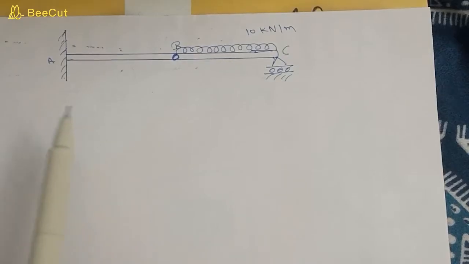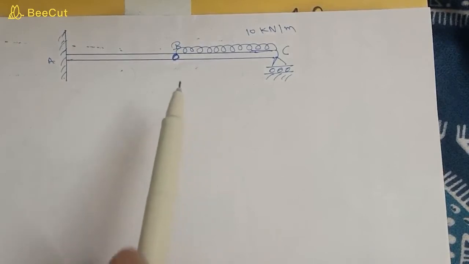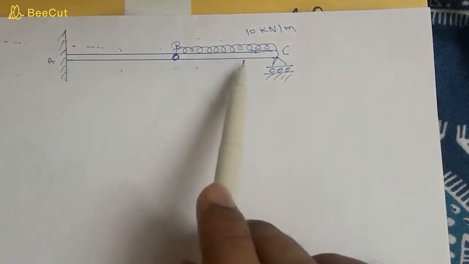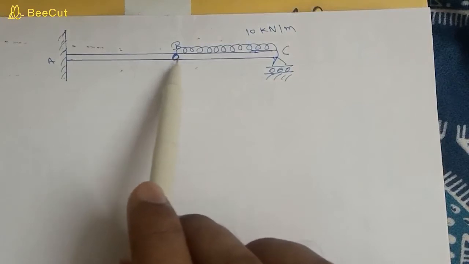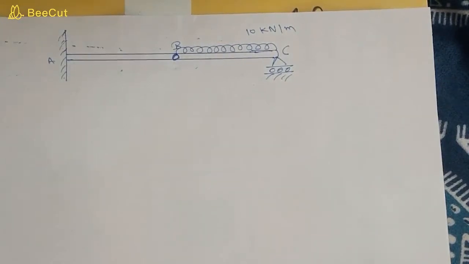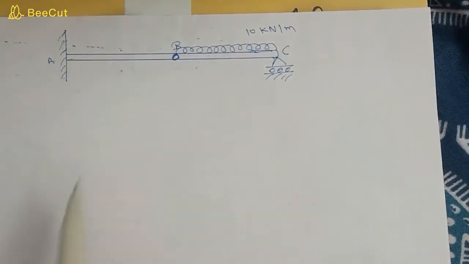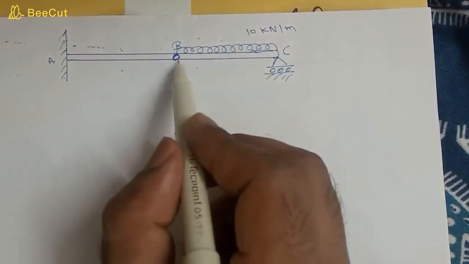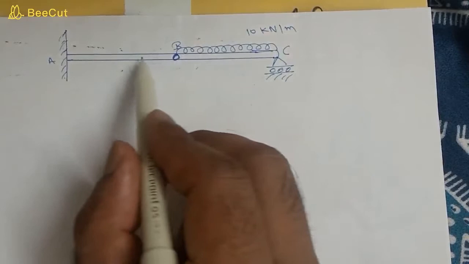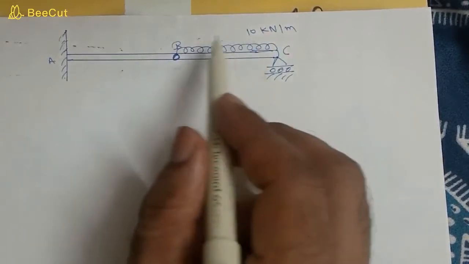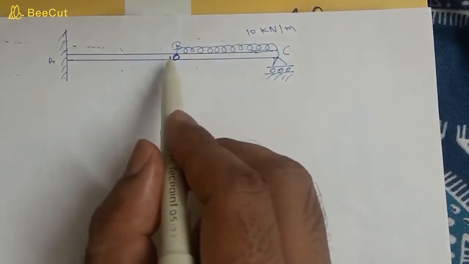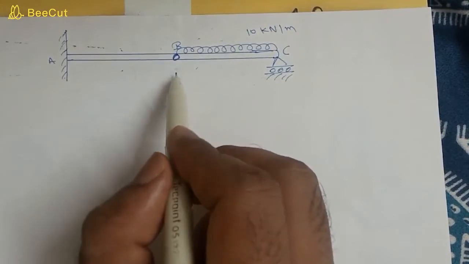We will see how to draw the shear force diagram and bending moment diagram for the compound beam. This is a beam and this is another beam, and there is a hinge joint between these two beams. So to calculate the shear force diagram, reactions and bending moment, we have to consider the beams as separate beams. At this hinge we will have two reactions, horizontal and vertical, but in this beam there is no horizontal reaction, so the horizontal reaction at point B will be 0.